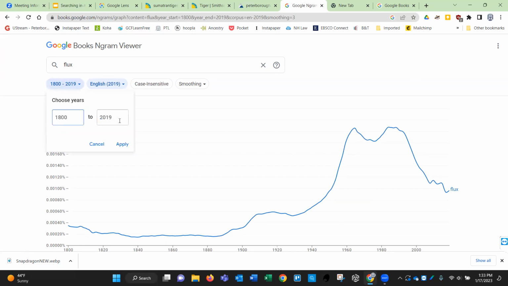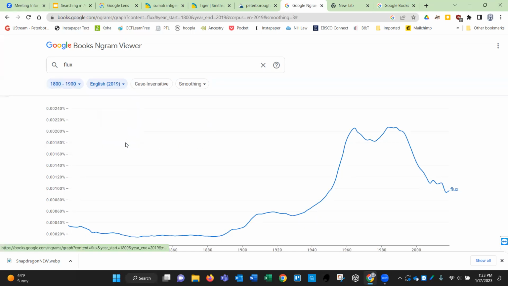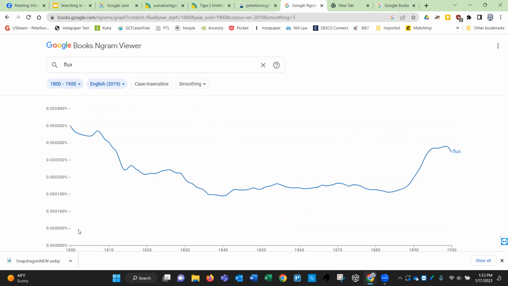You could change this from 1800 to say 1900 and just apply it. And you can see that it was very, very popular in the early 1800s, but not so much during the Civil War. So then he would search another term.